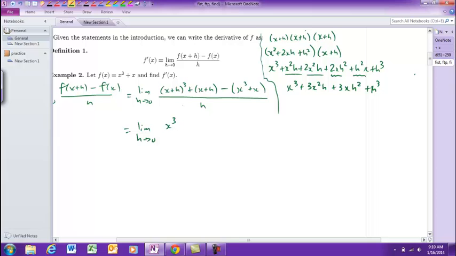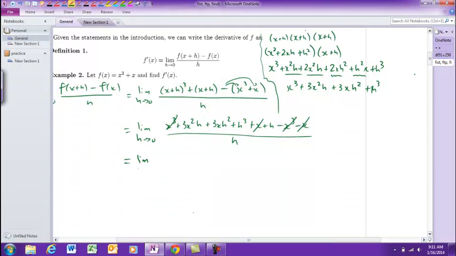So this now becomes, instead of that, x cubed plus 3x squared h plus 3xh squared plus h cubed plus x plus h. And then I'm going to distribute this subtraction to each of these. Minus x cubed minus x. My x cubes cancel. My x's cancel. And this is all divided by h. And I am happy now